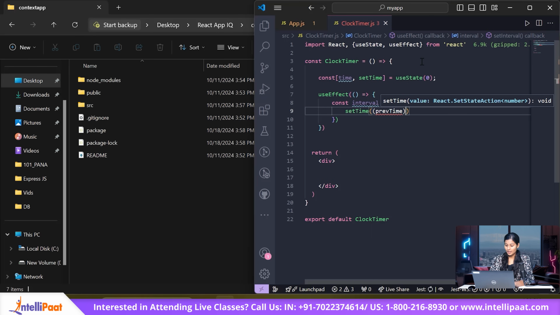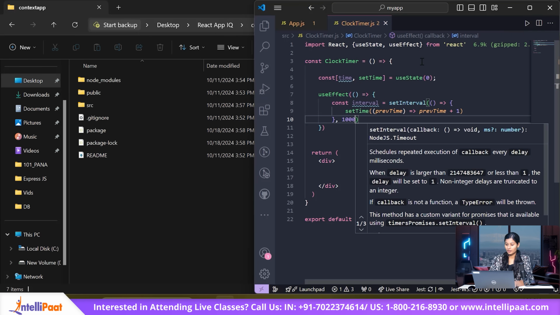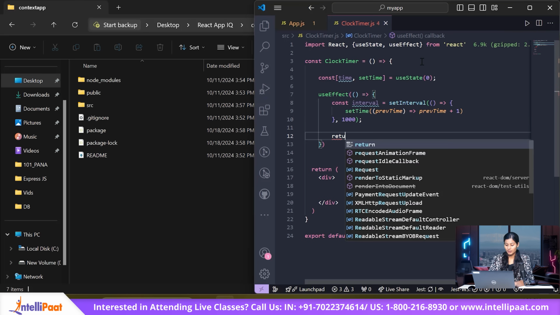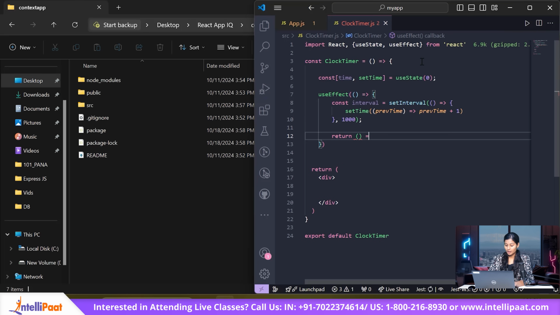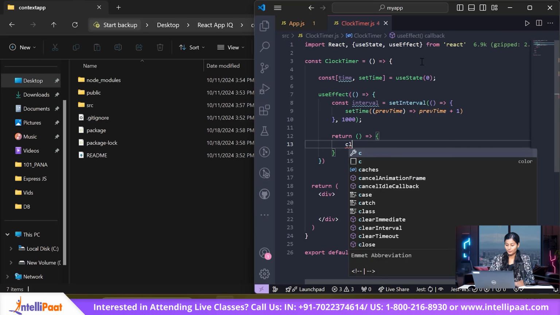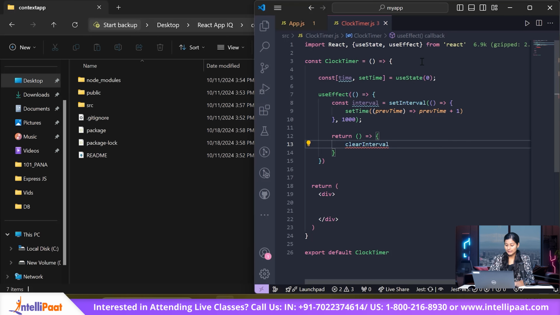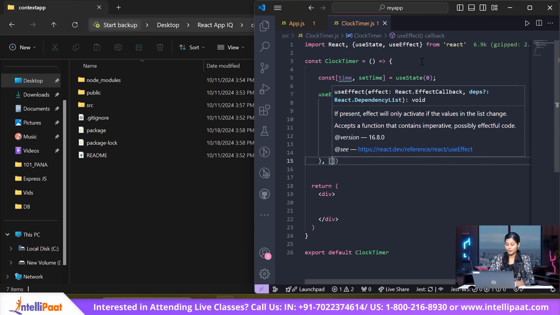The previous time's value will be increased by 1 every 1 second. Then this function is gonna return. When it's gonna return, it will clear this interval,